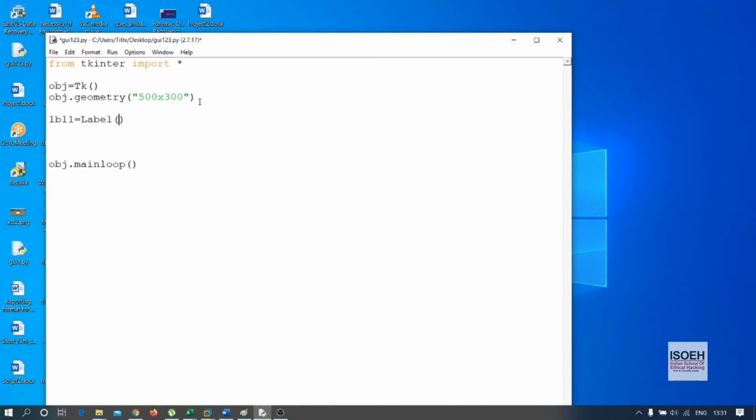In this function, first of all you have to use obj, the object of Tkinter, as the first argument. Then I'm adding text equals username.